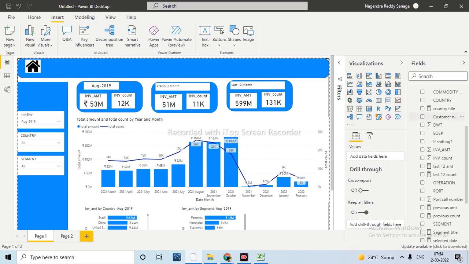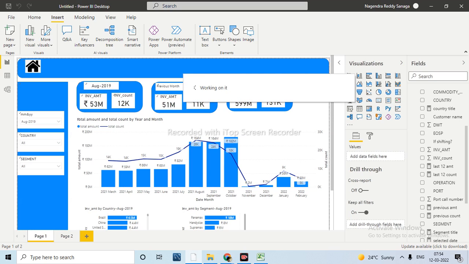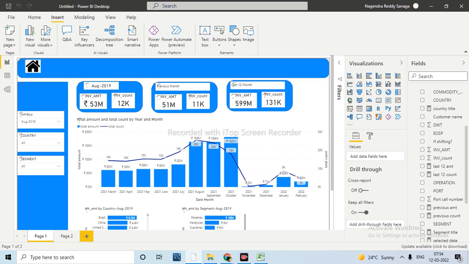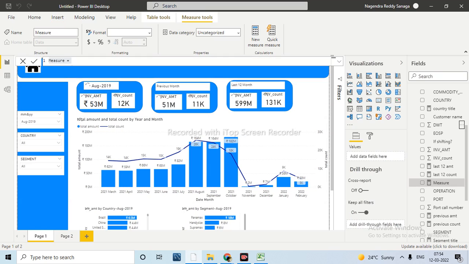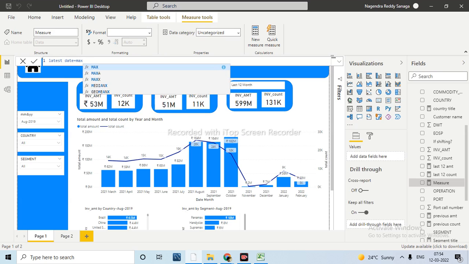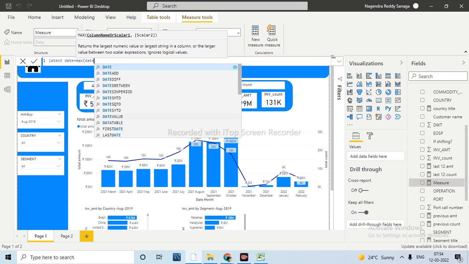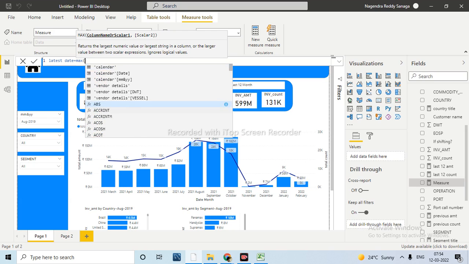For that, let me create one more measure. How to take the latest dates? Any idea? We have already used the measures here. And latest date, I'm taking. Here I will pass max of dates. That is the date column, right?